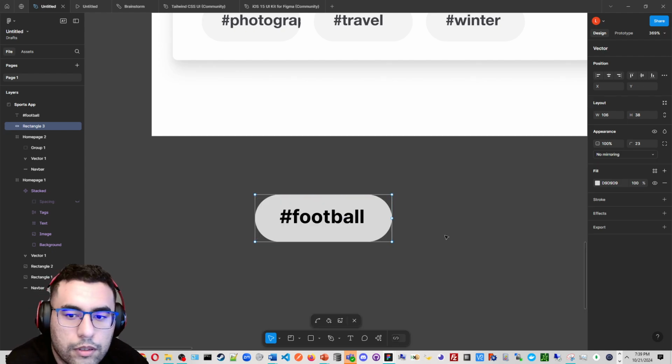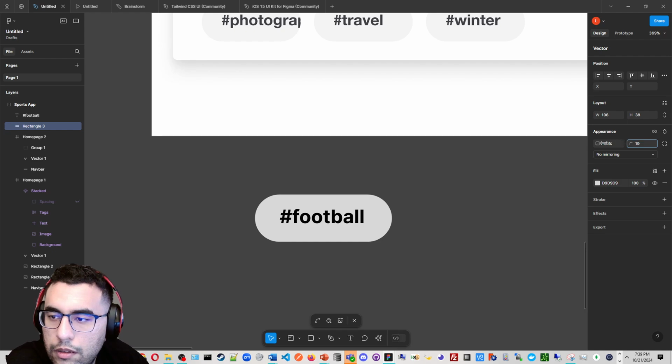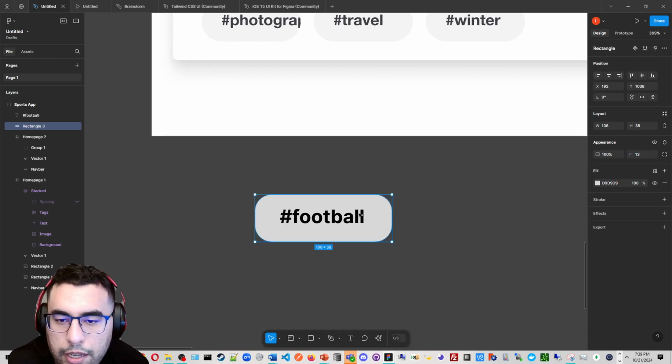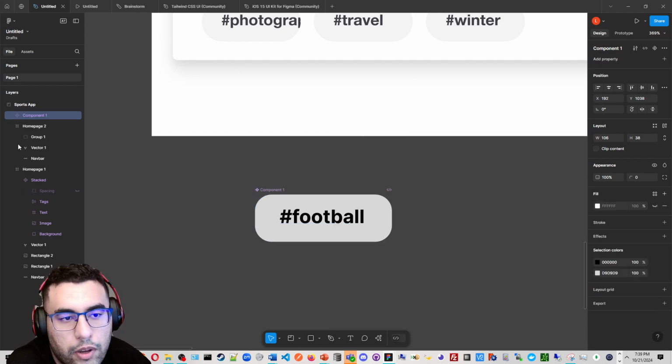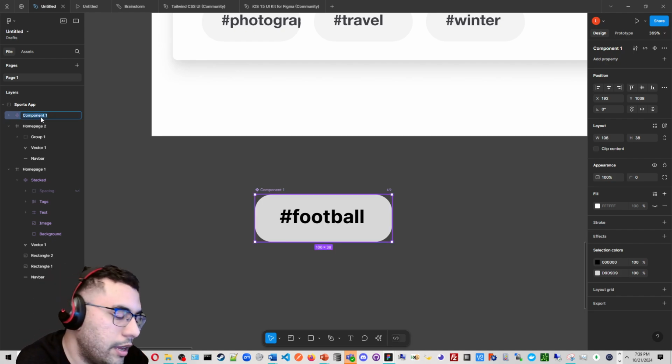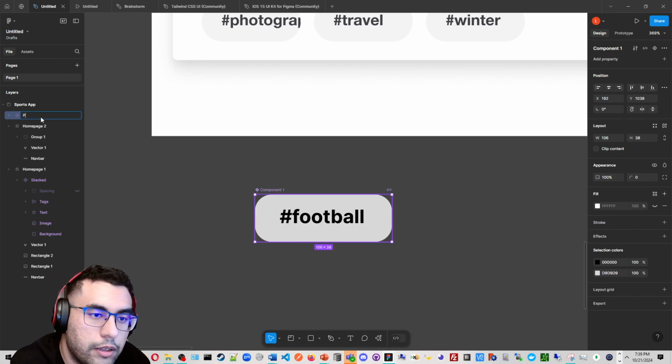Oh, there we go. All right, we can go more rectangle shape, I guess. All right, now I can select the text in football, and then what I can do is right click to create a component. Now this is my pill